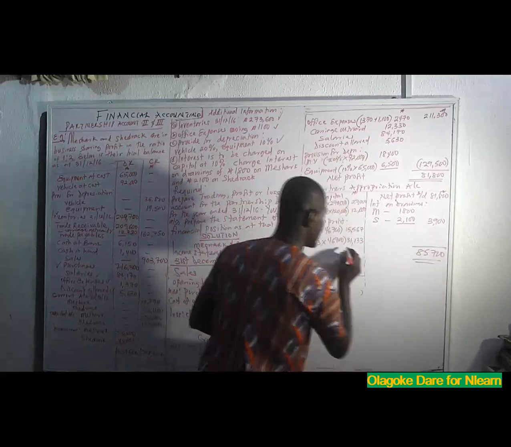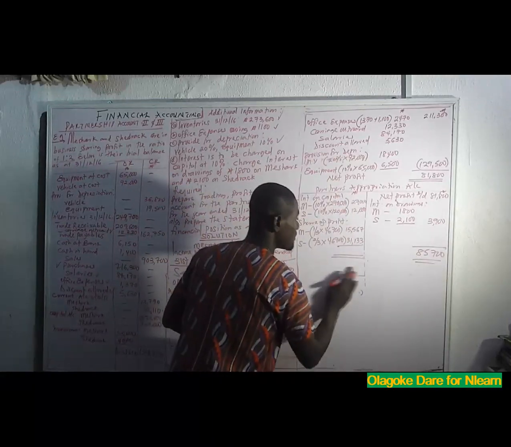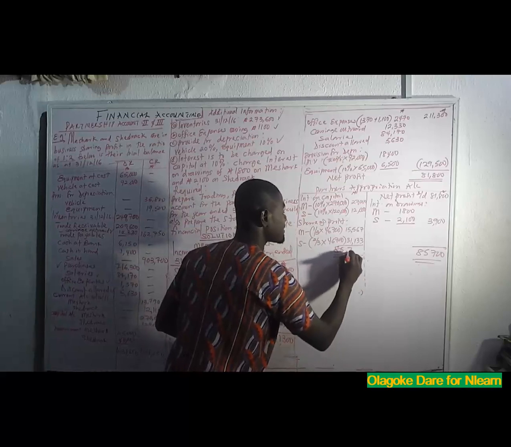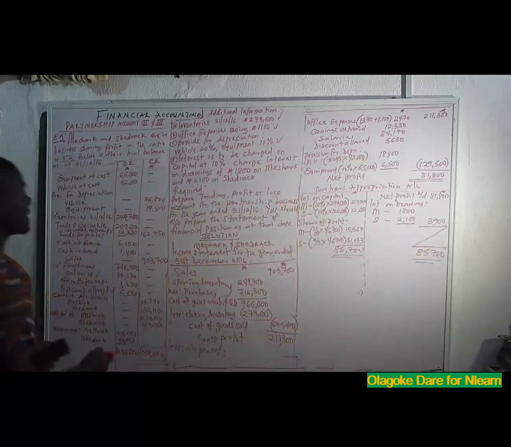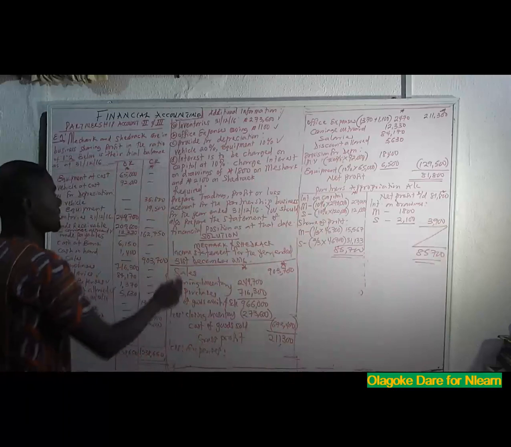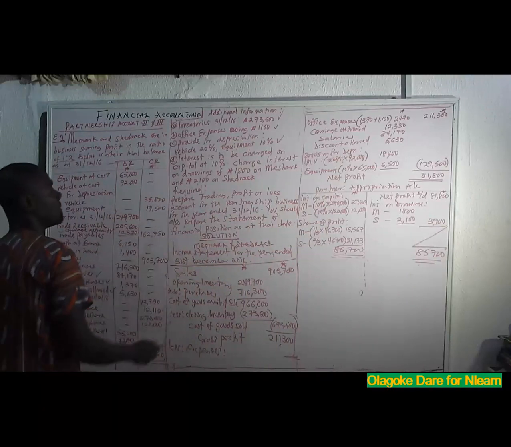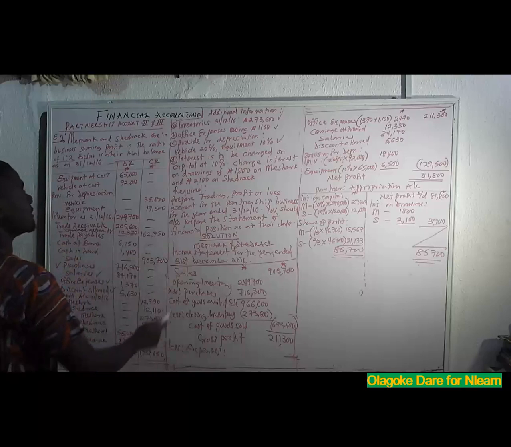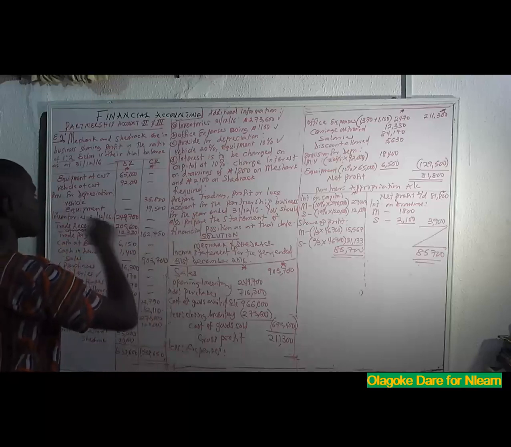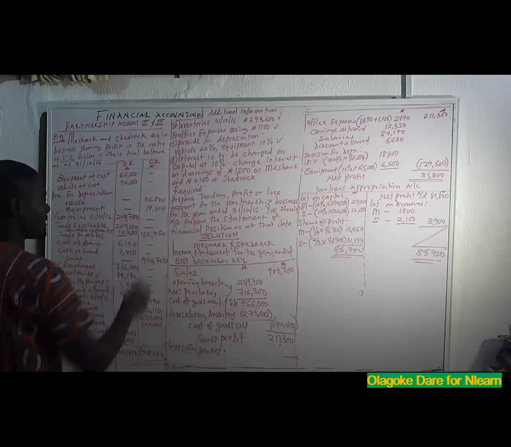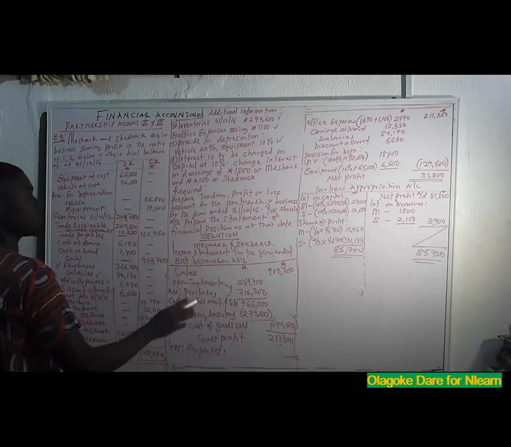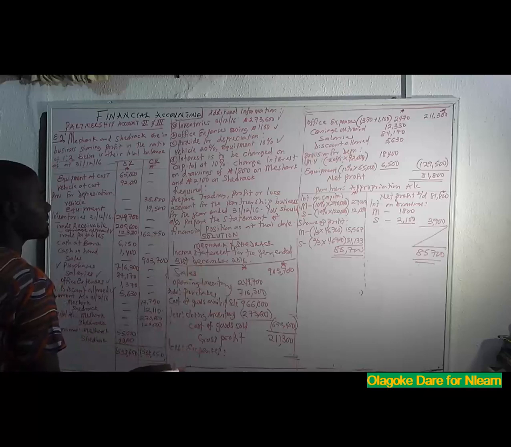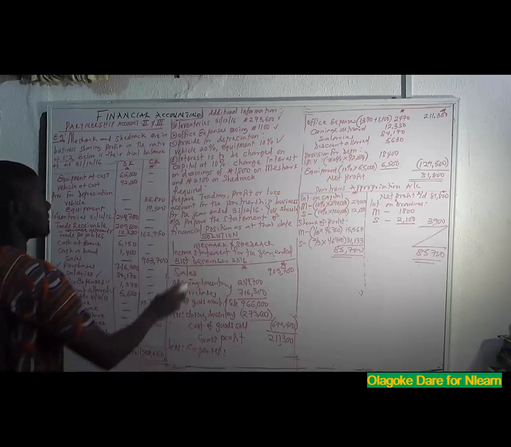85,700. So with this, I've been able to show that I'll be able to prepare the trading profit or loss account for the partnership business for the year ending. So what is left unprepared now is the